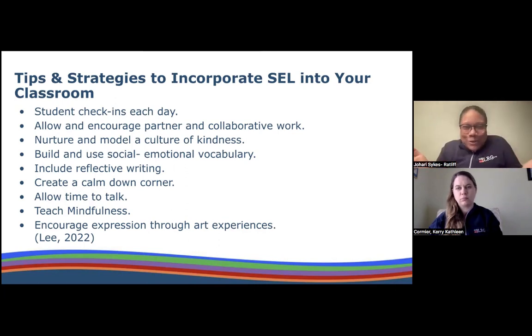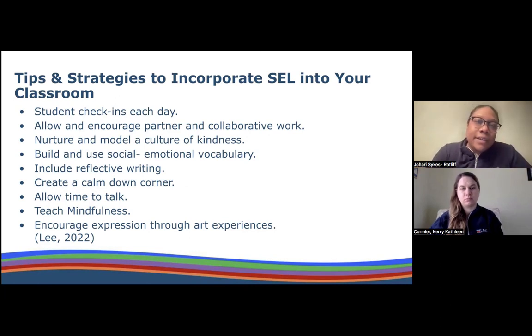So what's in your corner? What's in your, we say in preschool, cozy corner or your calm down corner? It's not a timeout chair, no timeout chairs, but it's a space where we can go and get recentered and reinvigorated and come back to learning focus for whatever the task is that you have at hand.